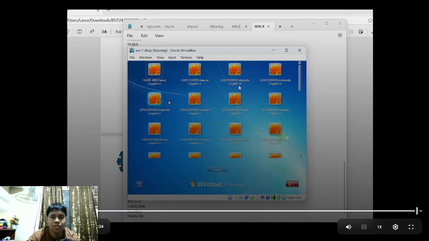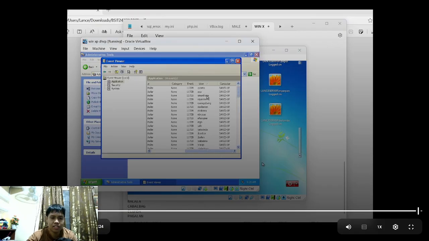You can add more, but we require 5 every section. That's why it's just 5. That's all, and that's all of the accounts that log in. That's how you do the DHCP. You can log in the Windows XP, Windows 7. And that's all. Bye bye. Thank you. Hope you learn a lot.